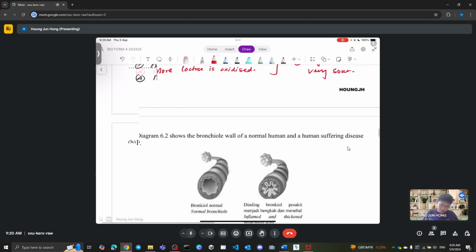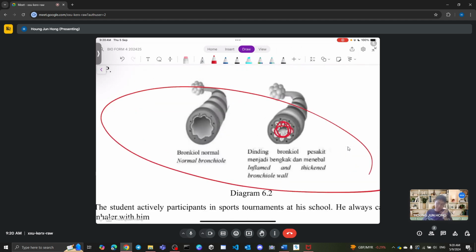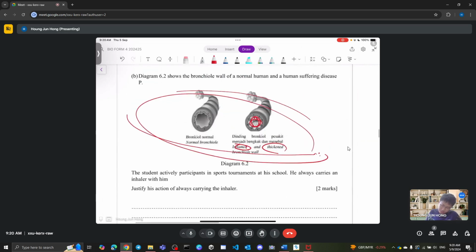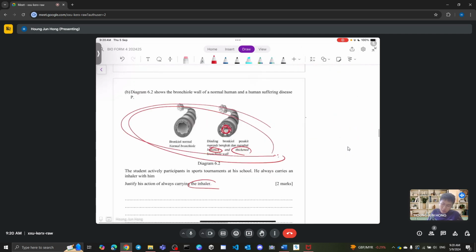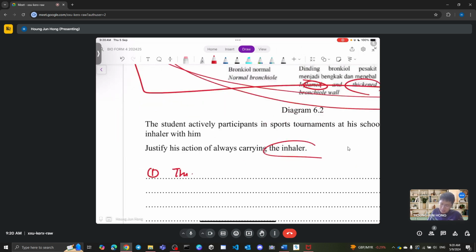Okay, cool. Last question over here we have, what is this? Again, if you see, the passage becomes smaller and inflamed and thickened. So what is this case? This is our asthma. So again, you can see, they give you a question, and they say there are people using inhaler. There's nothing justifying what is this disease. So whatever thing is unclear, you should make it clear. So you should tell people first, this is asthma.